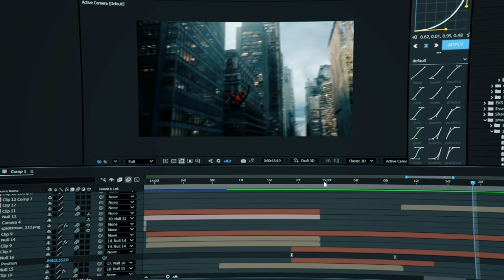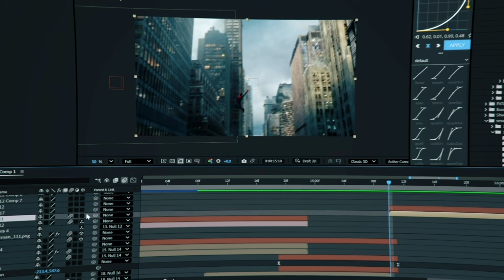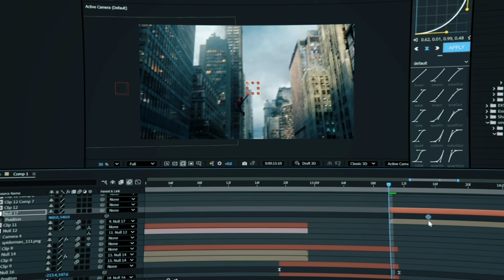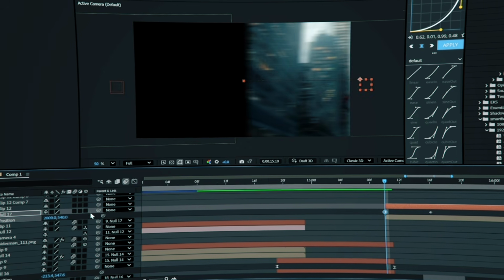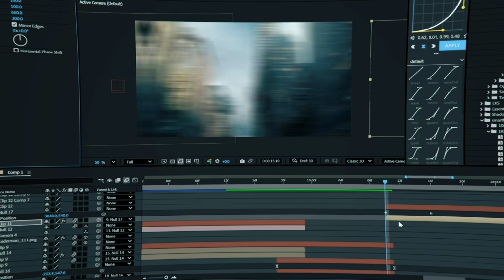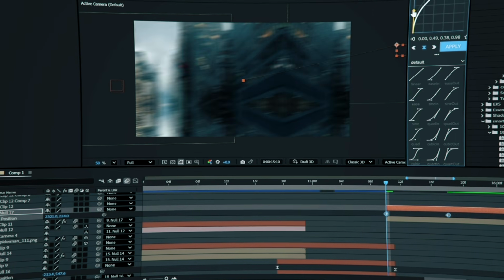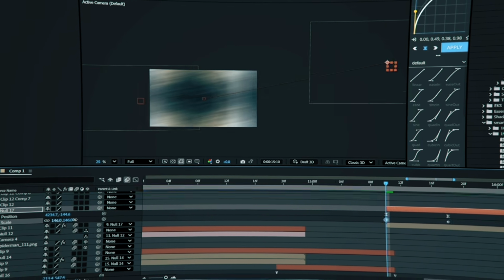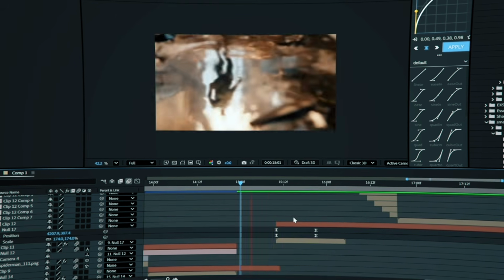Once this side is ready, we go to the next scene, create another null and connect the scene to it. This time we add a position keyframe later in the clip. Then we go to the beginning of the scene and pull it to the right, so it continues from the previous scene. By the way, both scenes have motion tile on them, and here we adjust the graph from fast to slow. We can also add a little scale if we want. Now our transitions are finished, and this is how the video looks so far.